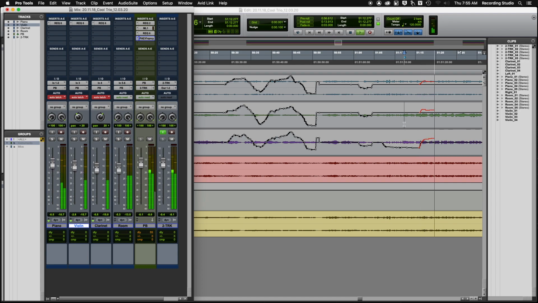And now when I let go of the faders, you can see they stay right where they are. So that's what automation latch does. And so obviously all of these have their own